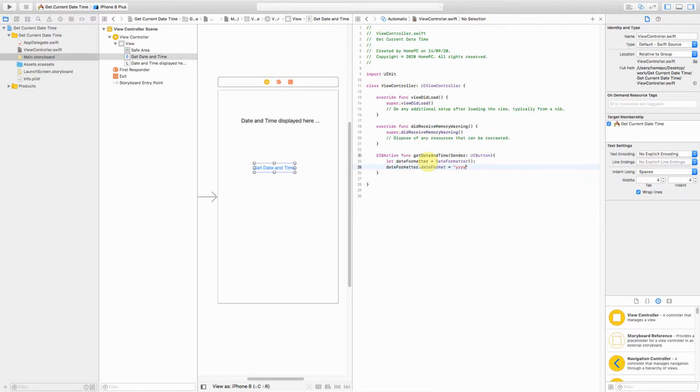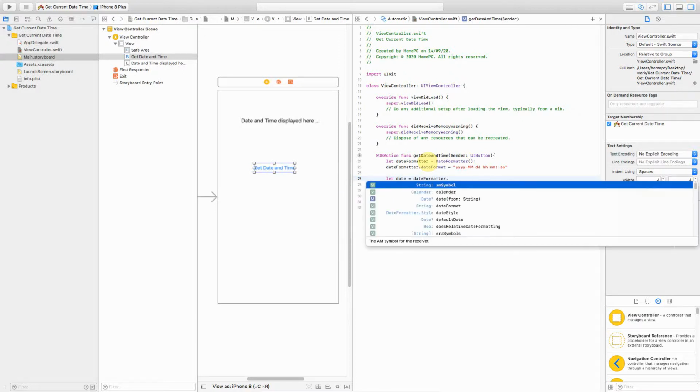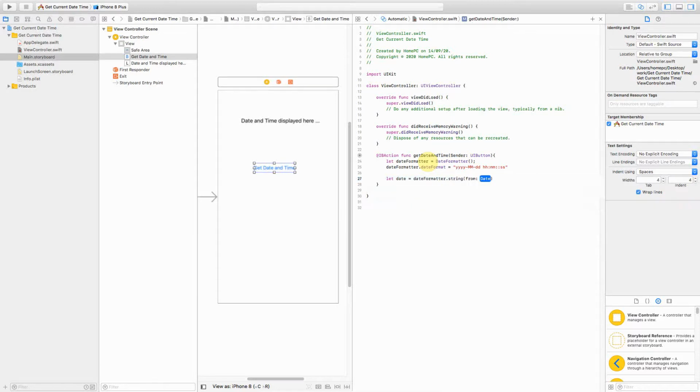So we probably will go for yyyy-MM, where MM is for month, then the date, and then the time as hours, minutes, and seconds. Okay, now we will have another variable called, for example, date, which will use this date formatter to get our date in string format. We'll just use string and from date.